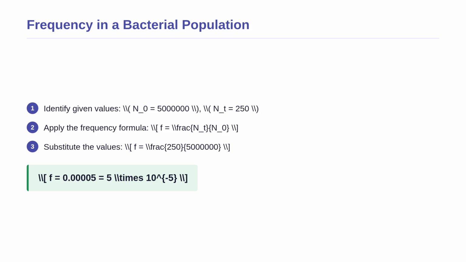Let us see how this is calculated in a laboratory setting. A scientist starts with an initial population of exactly 5 million bacterial cells. After an environmental stressor, exactly 250 cells have experienced a transposition event, moving an ampicillin resistance gene. We are asked to find the transposition frequency. We use our frequency formula to set up a ratio comparing the rare, successful jumps to the massive overall population. We plug in 250 for NT and 5 million for N0. Dividing these gives a final answer of